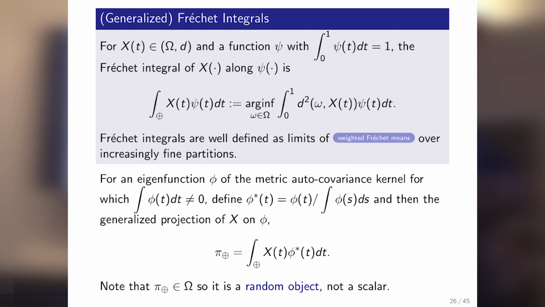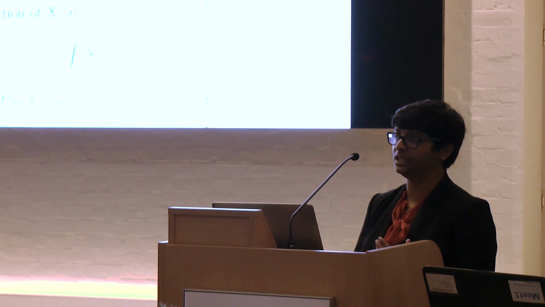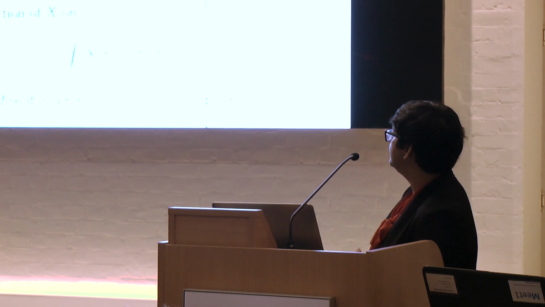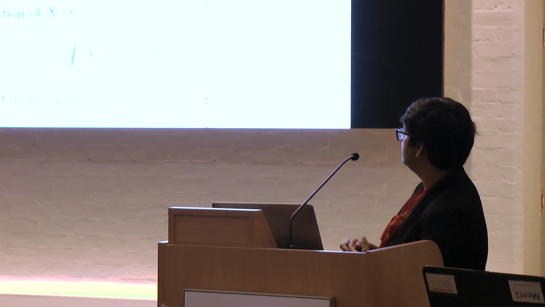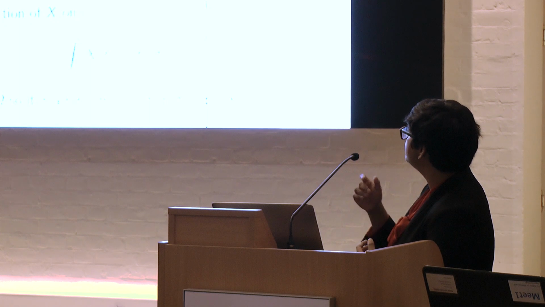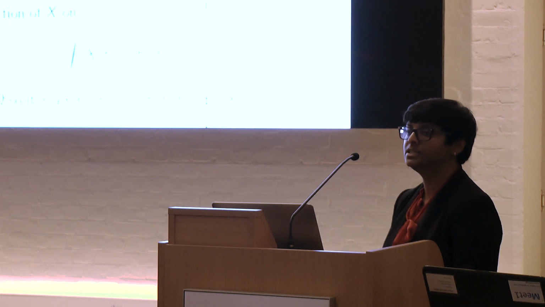And that gives us the motivation also to define functional principal components in the object case, because now we have eigenfunctions which we can scale, provided that their integral is not 0, so we can scale them to make sure that they integrate to 1. And then we can define generalized projection by taking the minimizer of the Fréchet criterion, which is basically the minimizer